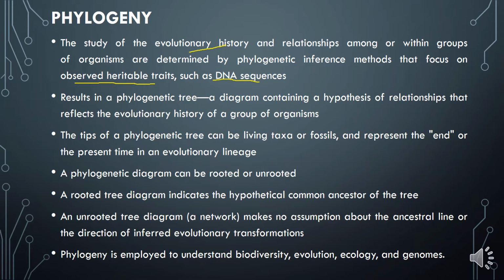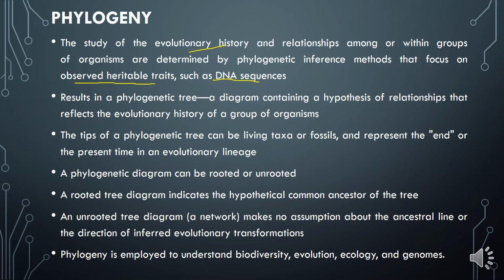For example, some protein from mitochondria of two different organisms are considered and their amino acid sequences are compared to determine the genetic relatedness. The more closely related the species, the more similar the amino acid sequence. So closely related species will have more similar DNA sequence than distantly related